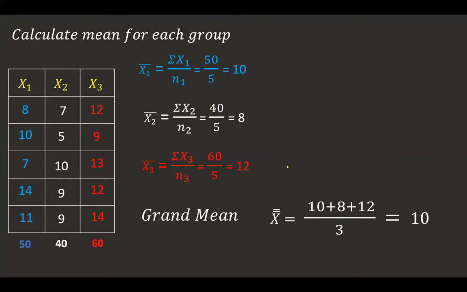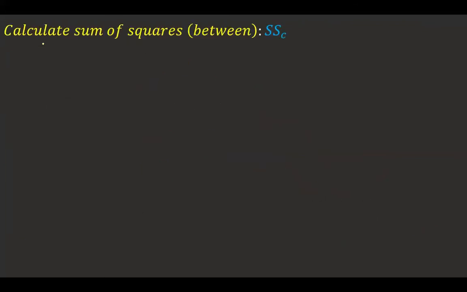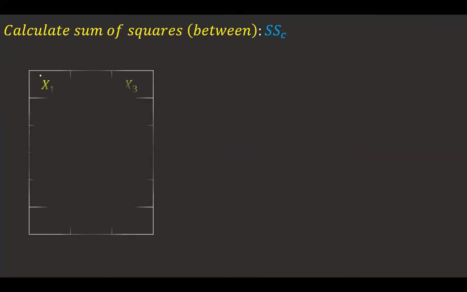So once the grand mean and means are calculated, we are going to find out the sum of squares between, SSC. We have got a formula for this. No need to remember the formula. You can have the steps alone. The formula will be a little confusing, so we will be using the methods alone. Okay, what is the first method?